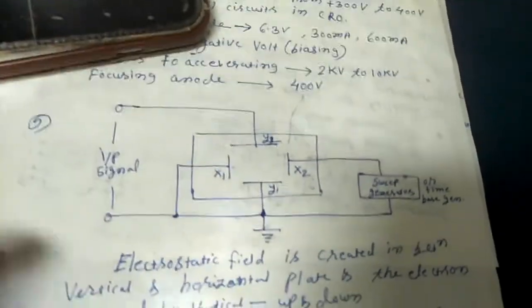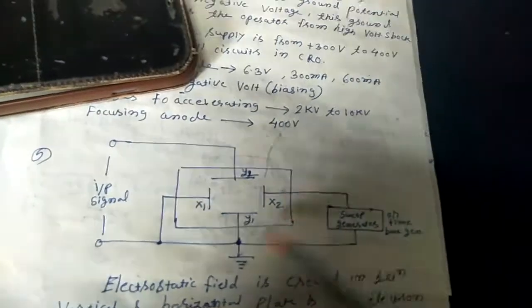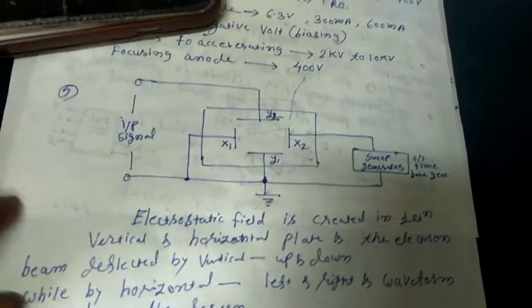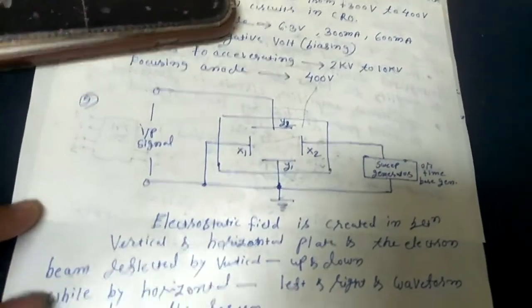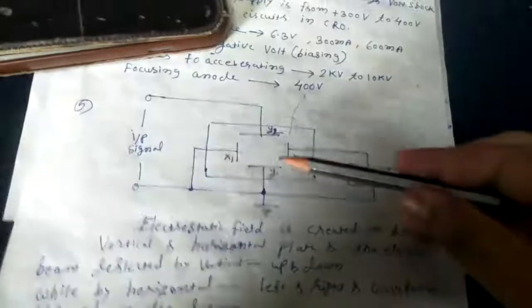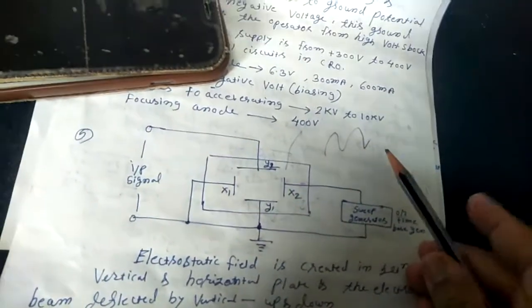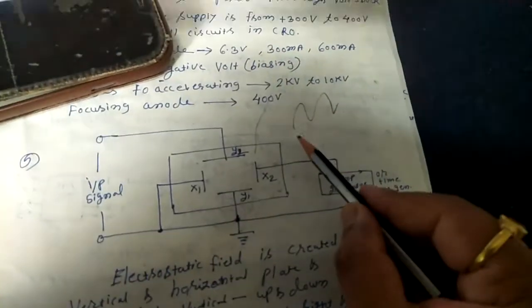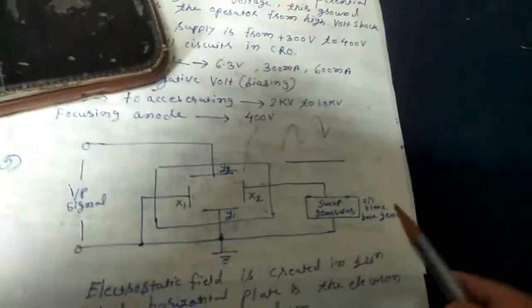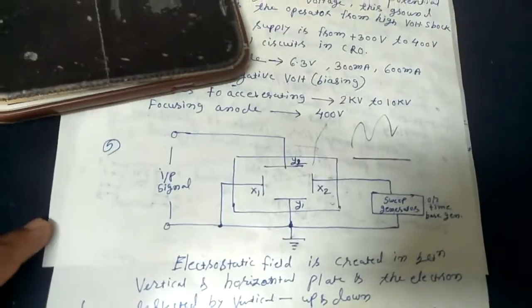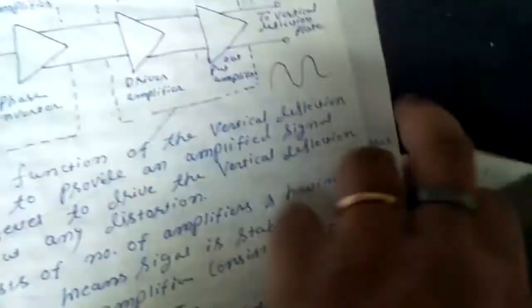We apply voltages to the deflecting plates, so an electrostatic field is generated across these four plates, and because of this electrostatic field your electron beam will be deflected. If it passes through the vertical deflecting plates, it gets deflected up and down, and if it passes through the horizontal plates, the deflection is from left to right and from right to left. So because of these power supplies. Now after that